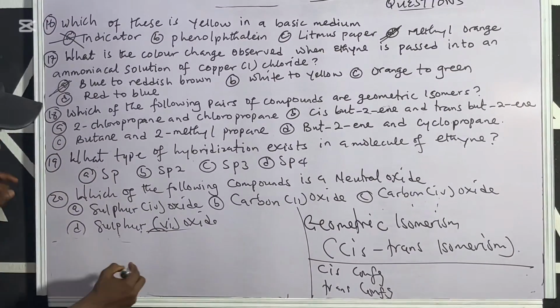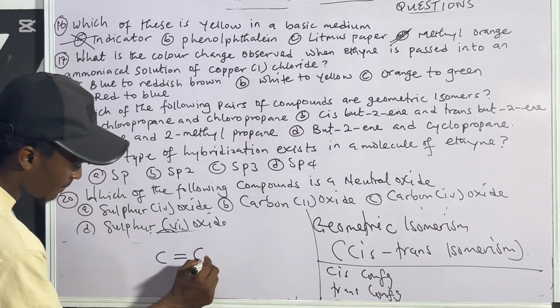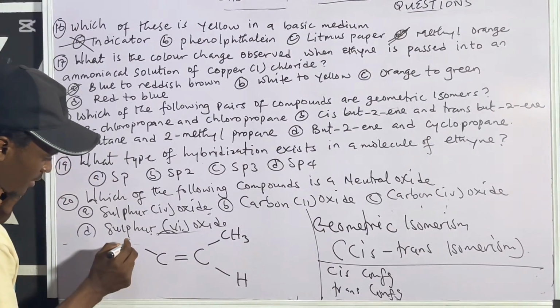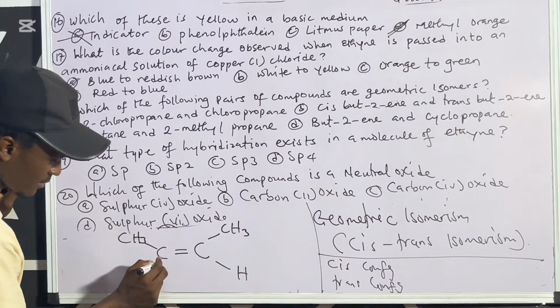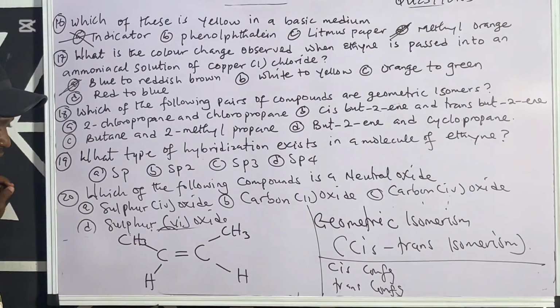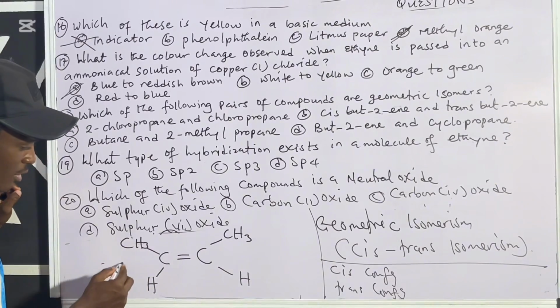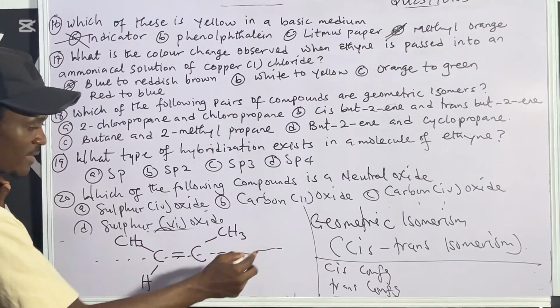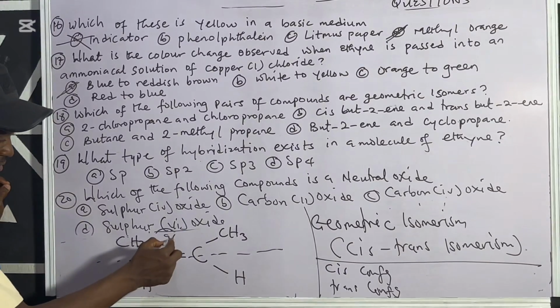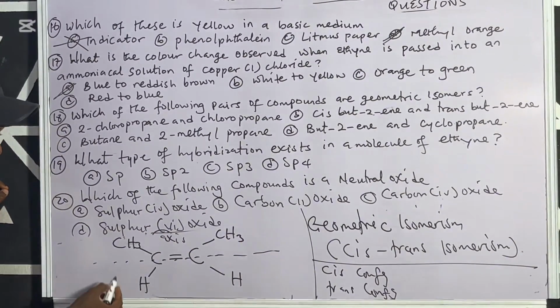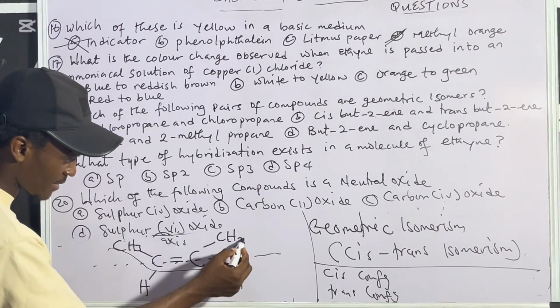Let's say we are having something like this. Now, this compound can exhibit cis-trans. The reason is because firstly, it has double bonds. These two carbons now, they are containing the same group. So would you call this one cis or you call it trans? Check. Upper axis. Do you have the same group here? Yes. That's what? Cis. So if you are naming this compound, this is our longest carbon chain.